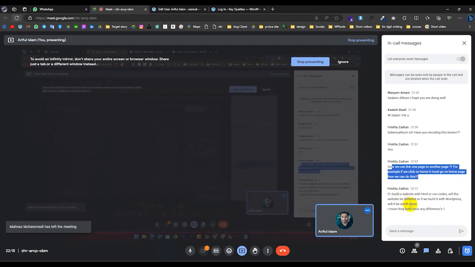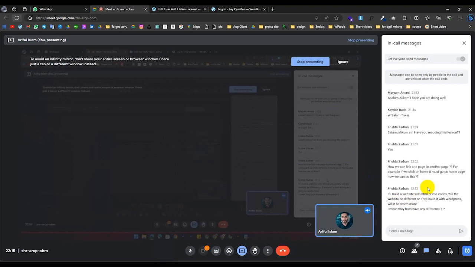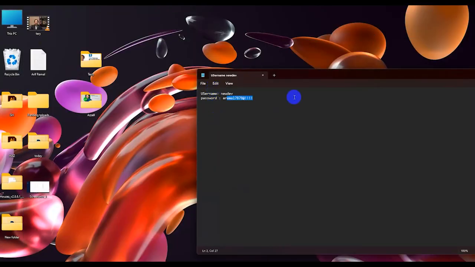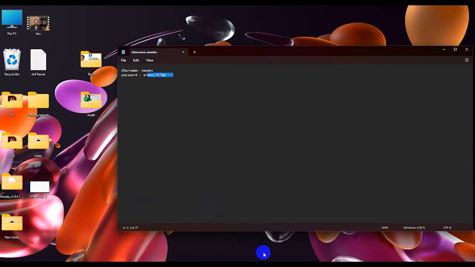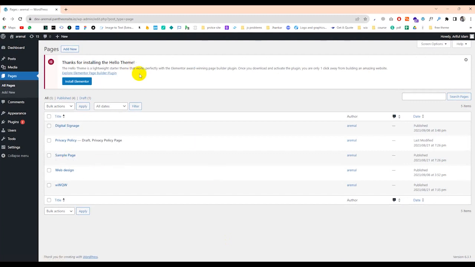If I build a website with HTML or CSS code, and if we build it with WordPress, is there any difference? No, for HTML and CSS, actually WordPress websites are also built with HTML and CSS. That is not different. Every website is built with HTML and CSS. But the thing is the way